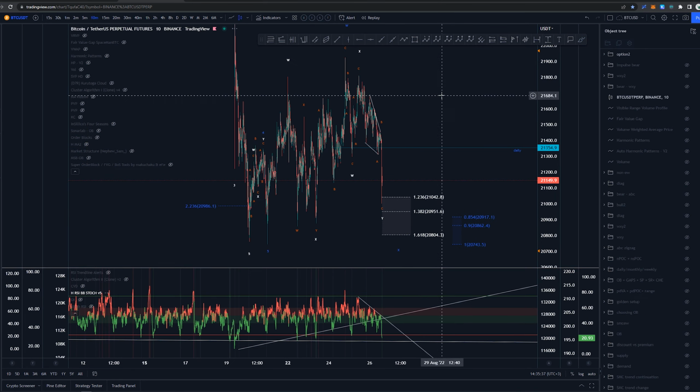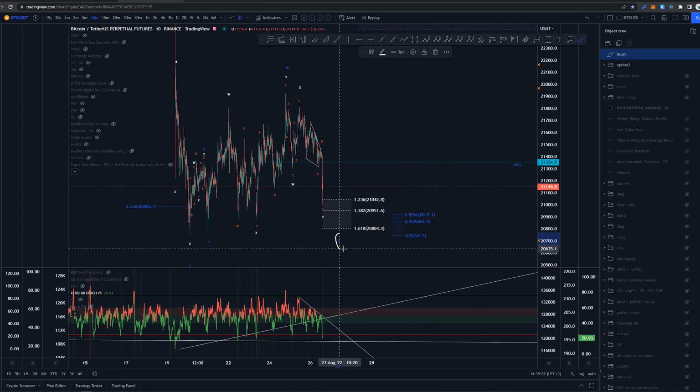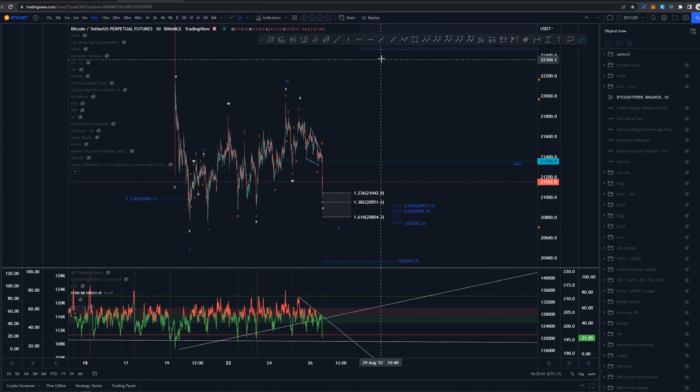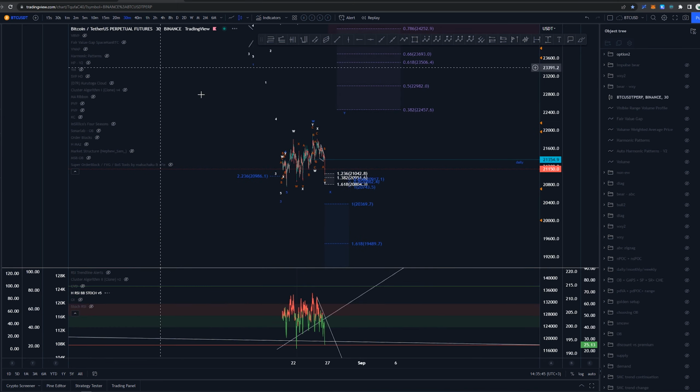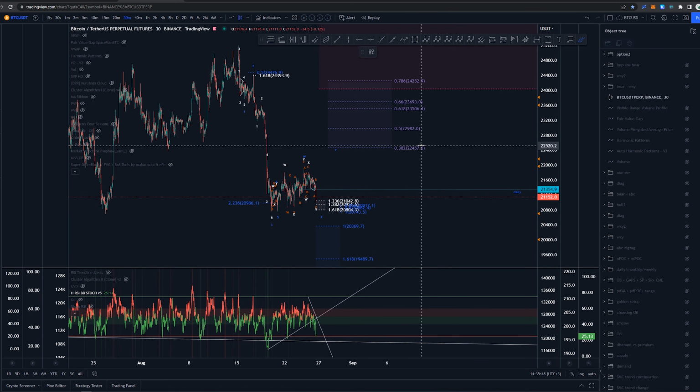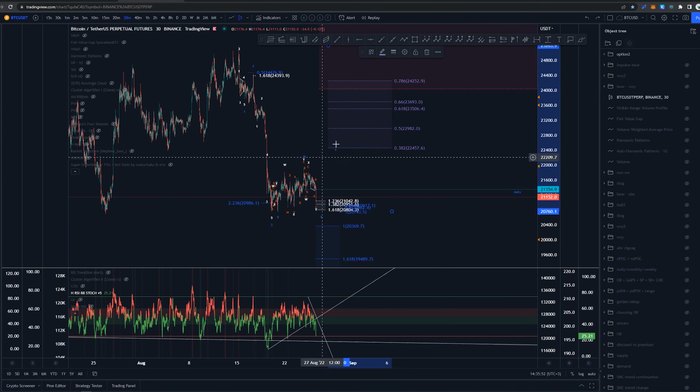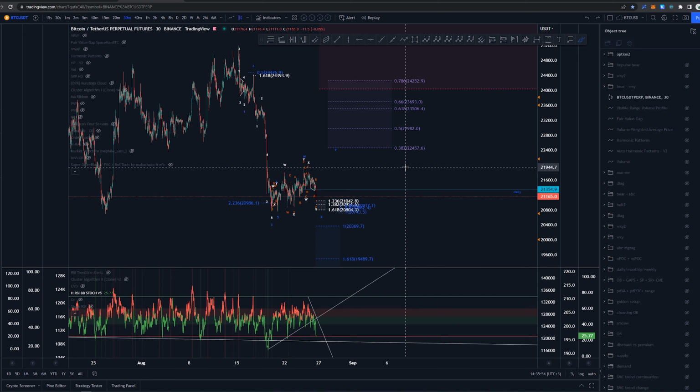On this count, however, we would be expecting this to be the X wave, and then we would be looking for that wave Y here. Overall, where we would be expecting it is at least the 38.2 retracement here, which is again from the start of this whole move back upwards. So that is the expectation. That would be around